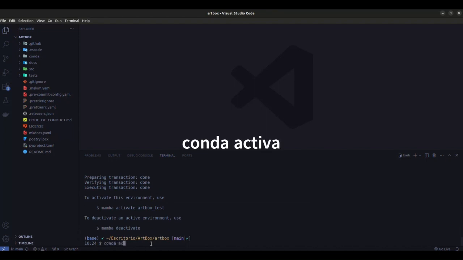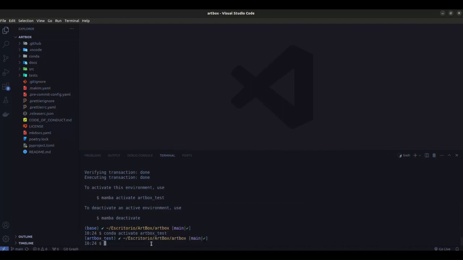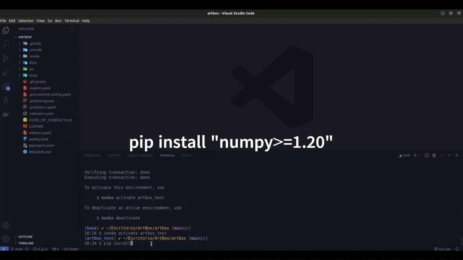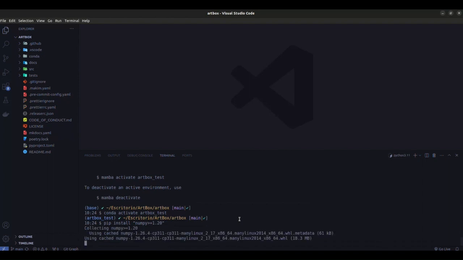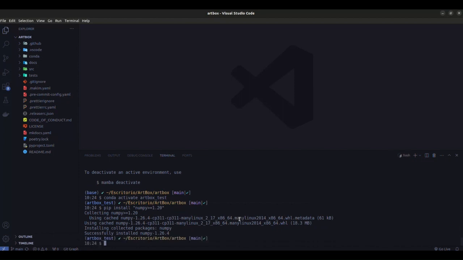Following that, we need to activate the created environment using the following command. The last word of the command will depend on the name of the environment you have created. It's also important to install the NumPy library with the version displayed on the screen. As a final step, we will install Artbox using the command